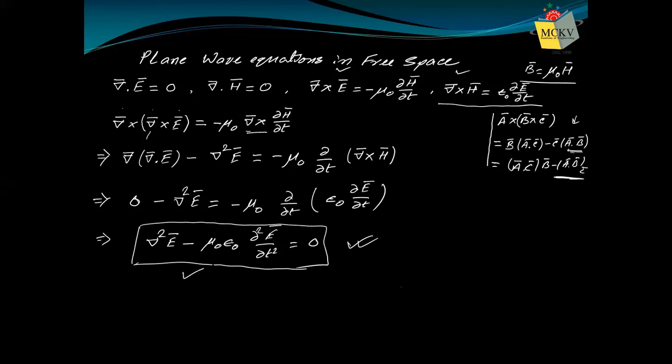So if we start with Maxwell's third equation, we get the plane wave equation as this. Similarly, if we start with Maxwell's fourth equation, this is not required because I can just say similarly, but I'm again showing you for the practice. So the fourth equation, curl H equals epsilon naught del E del T. Now we'll start with the fourth equation. That means we'll take curl on both sides.